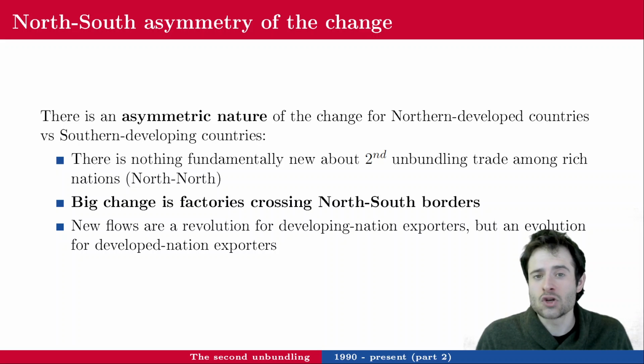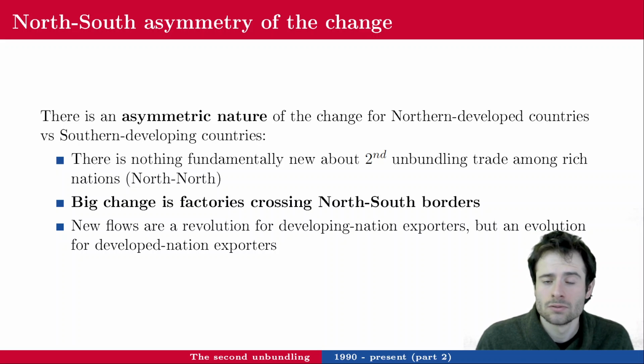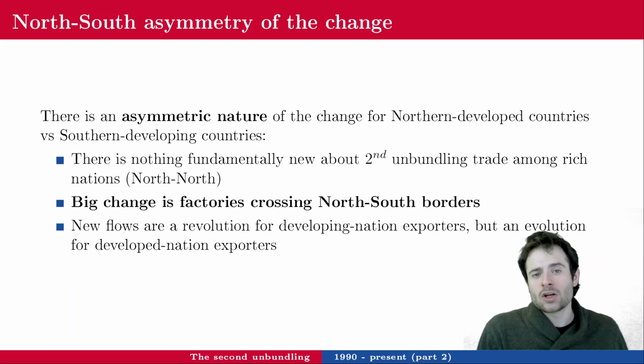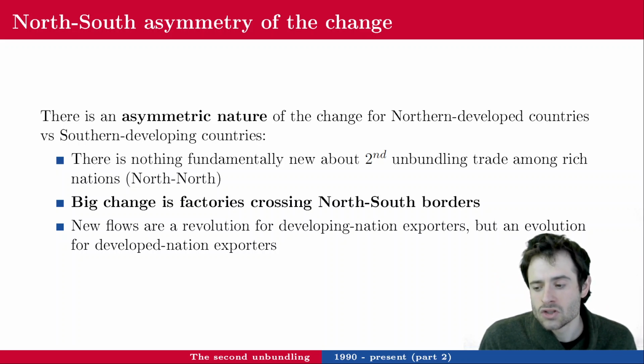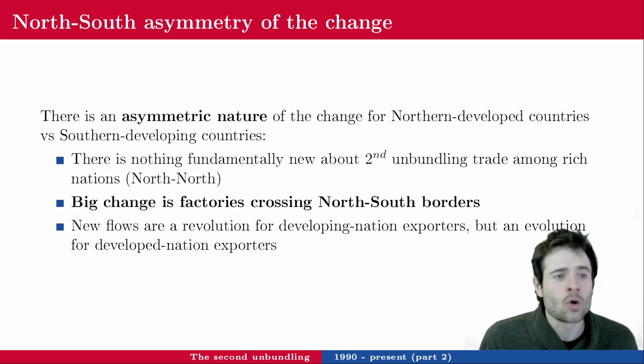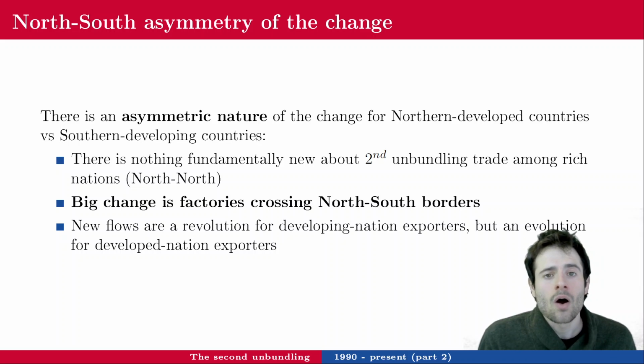This is what the Asian dragons did in the 70s. When manufacturing started to be done in those countries, like basic goods like shoes and things like that, those countries then invested in education, health, and so on, in infrastructure, so that now Korea, Taiwan, Singapore are producing super high-tech stuff.